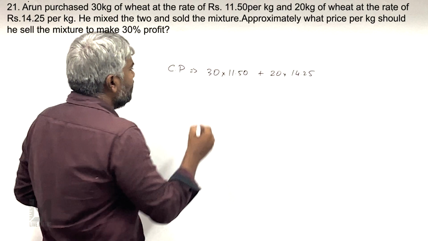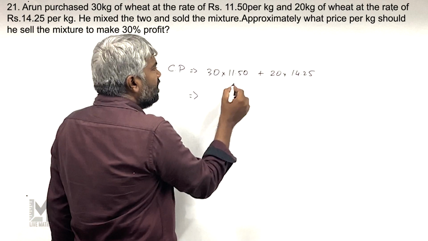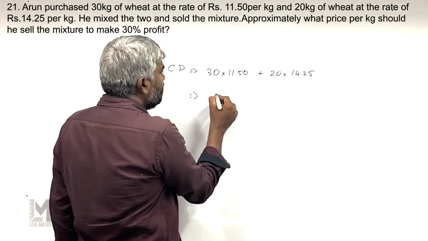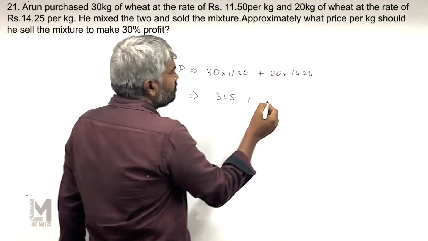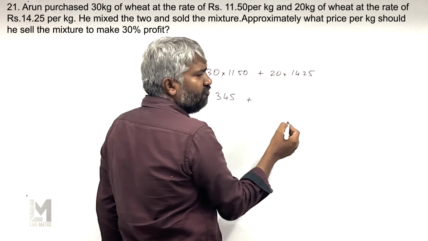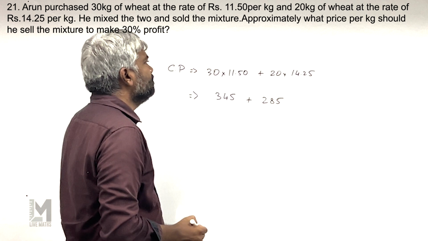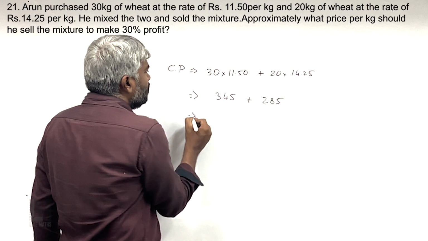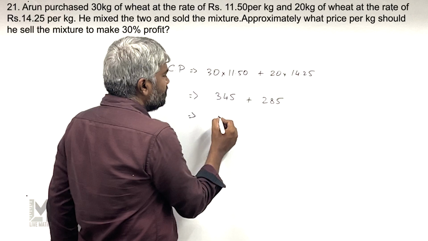Now we need to find the total cost price. So you can just multiply these two data, so you will get 345 and 20 into 14.25 is 285 rupees, right? Now add both the data, so you will get the total cost price of this wheat, which is